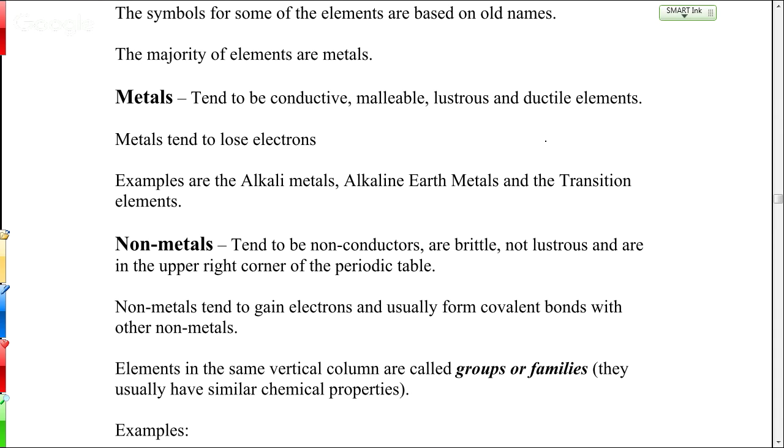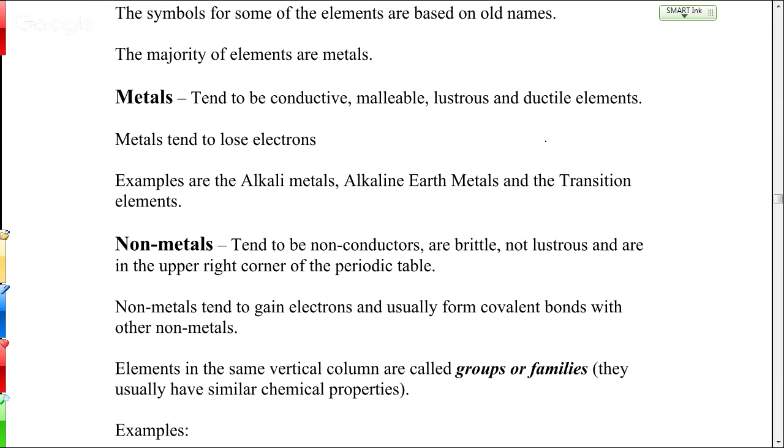So some properties of metals, you might know, they tend to be conductive. They conduct electricity because of their electronic structure, the way their electrons are arranged. They are malleable and ductile. What does that mean? Yeah, you can shape them, you can bend them. Malleable specifically has to do with hitting with a hammer. If you take metal and you hit it with a hammer, it doesn't shatter, it spreads out, and you can hammer it into very thin sheets that way.